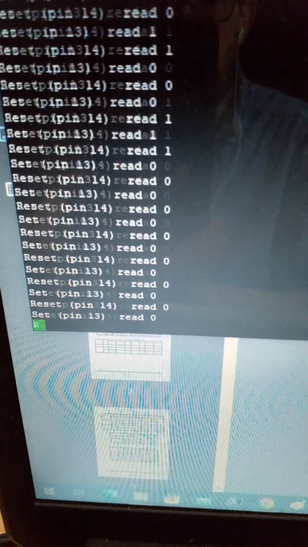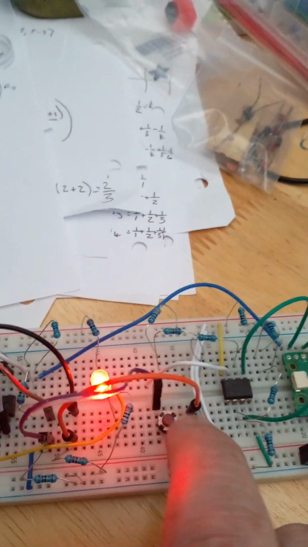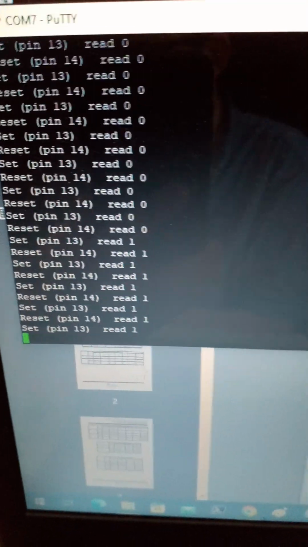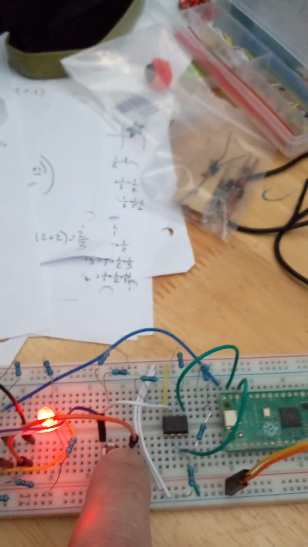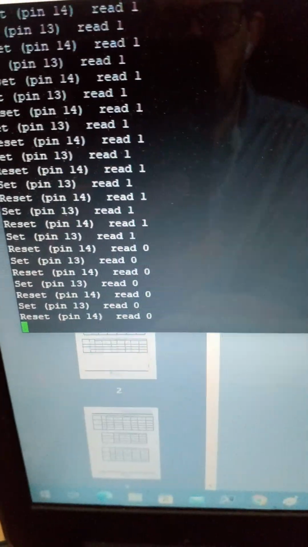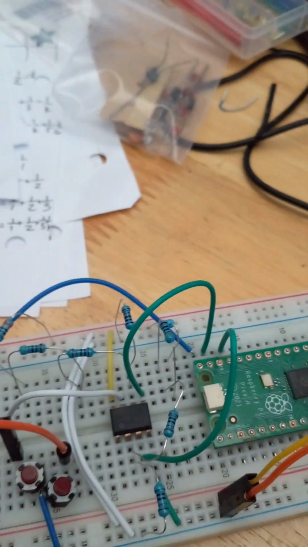And the Raspberry Pi is reading noughts and ones. And if I set it, it's reading a 1, and if I clear it, it's reading noughts. But the Raspberry Pi is also pulsing 2 output pins, which are these 2 green wires, and